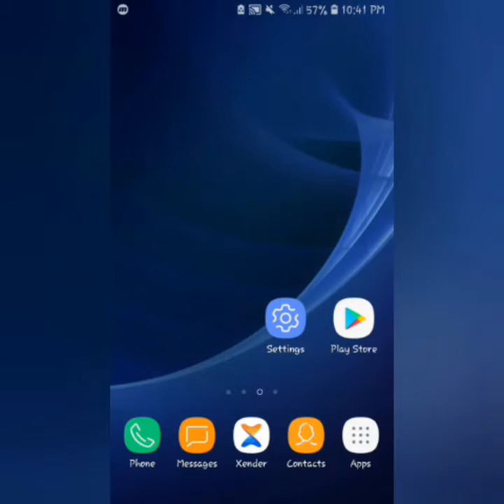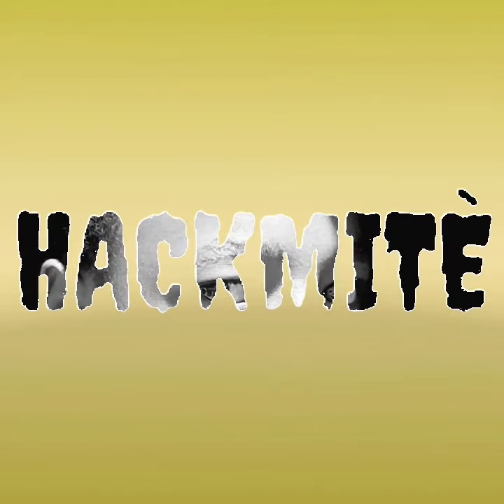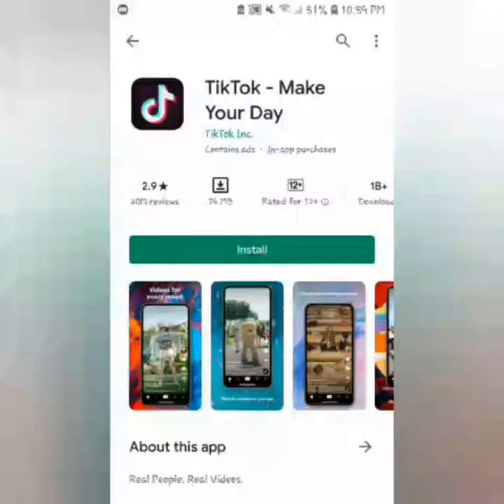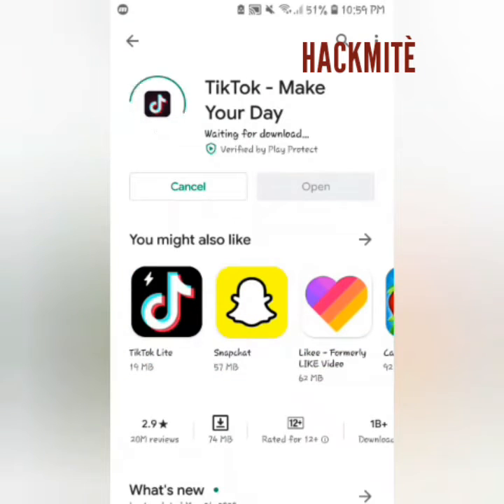Without wasting any time, let's get started. Okay guys, I'm going to try to install an application. I'm going to install TikTok, but each time I install it tells me waiting for download. Just cancel it,